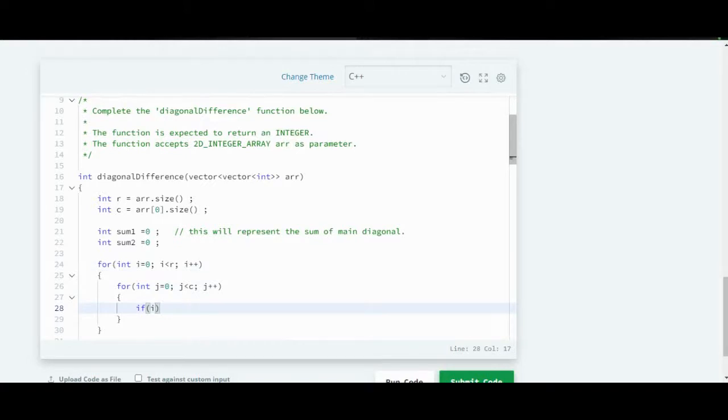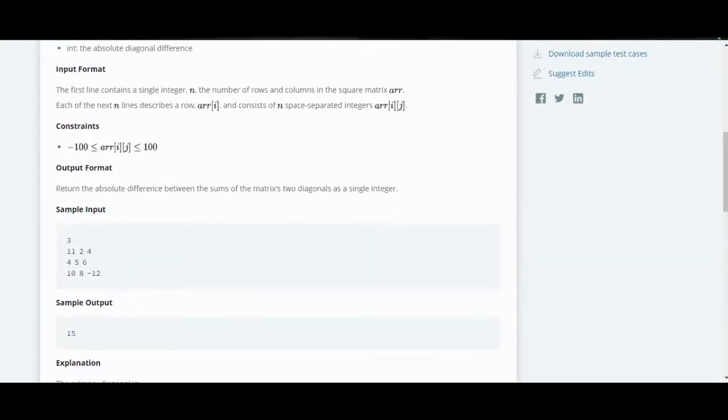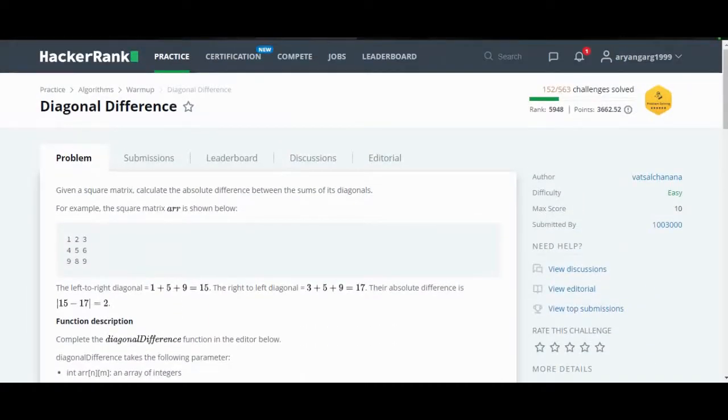So if this I is equal to j, because if you take a closer look at this problem, in this case this is array of 0 0, this is array of 1 1, this is array of 2 2. So second row and second column, this is first row and first column, and this is 0th row and 0th column. So when your I, meaning row number and column number, are the same, then this will be the condition of your main diagonal. And because it is given that this is a square matrix, in a square matrix there will be as many columns as rows. And what will be the condition for the supportive diagonal, when the sum of your row value and column value